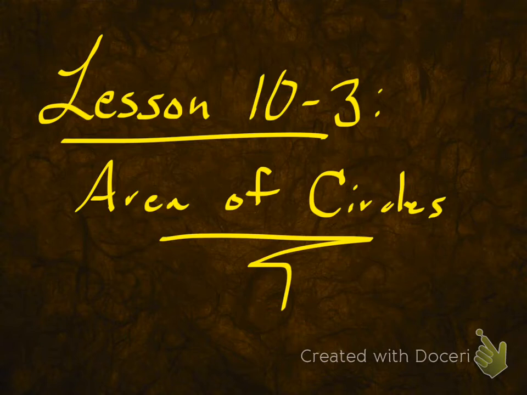Remember, we've got 9 lessons in this chapter. The first 3 are on two-dimensional formulas. We already did rectangles and parallelograms and squares and stuff like that in the first section. We did triangles and trapezoids, the ones I call the half formulas, because they had a half in them. We did those yesterday with 10.2, and so now we're on 10.3, and we already kind of talked about this